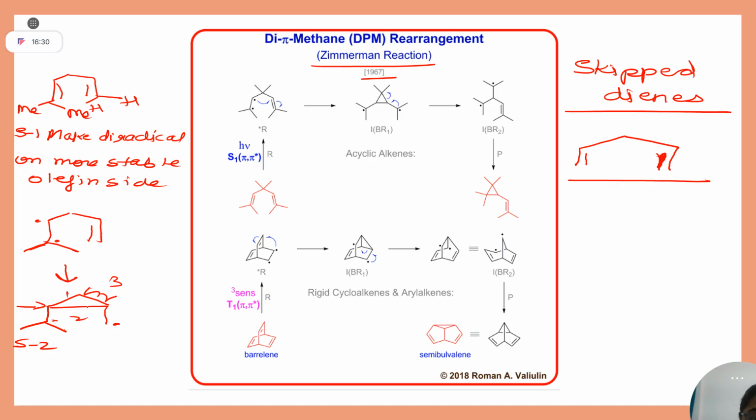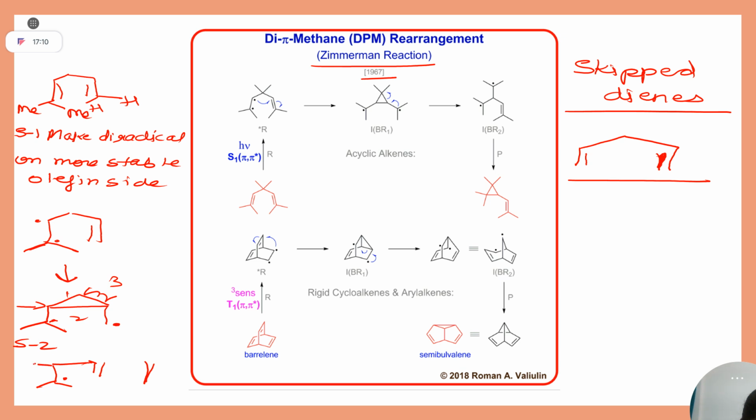Why? See, if you break this bond, the radical will come onto this carbon, and you know that among the left side radical and the right side radical, which is more stable? Left side. So since this one is not stable, it will react faster, and it will combine with this radical and will form what? An olefin here. Sorry for this. It will form an olefin here, radical. Since this bond has cleaved,